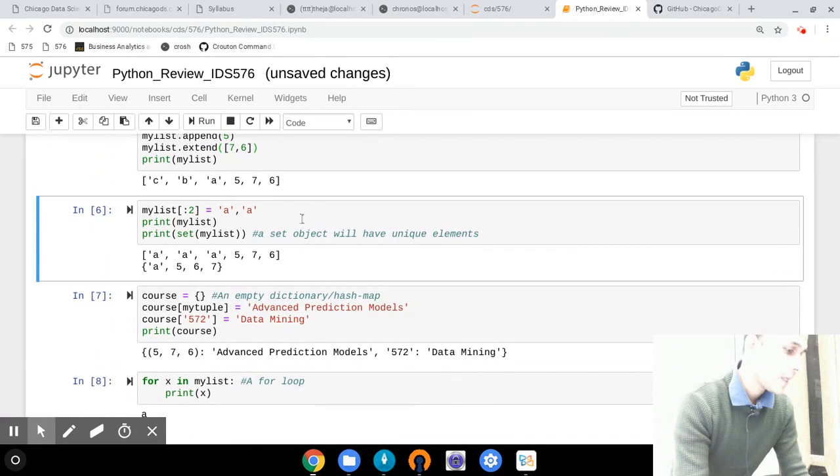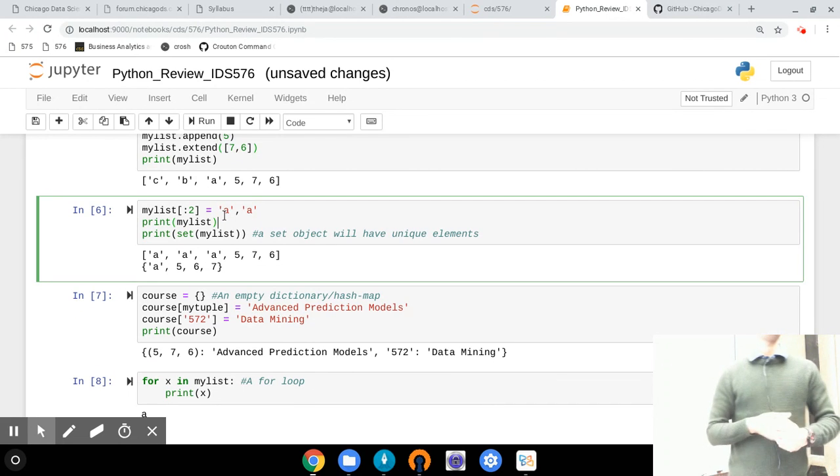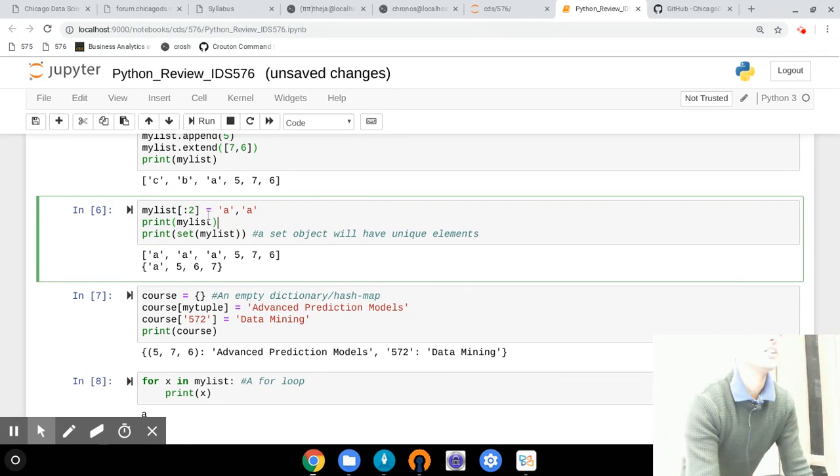And then you can also index, like some of you who have seen MATLAB or R. So you can get a part of the list, right? If you want just the first 2 elements of the list, then you use this notation :2. And if you want to assign something to the first 2 elements, you can do it this way. Okay, I'm assigning A and A to the first 2 elements,